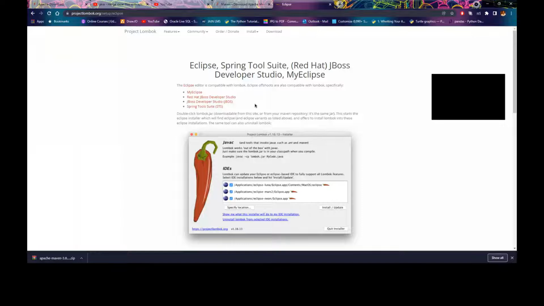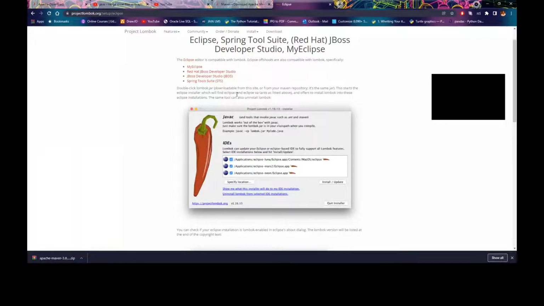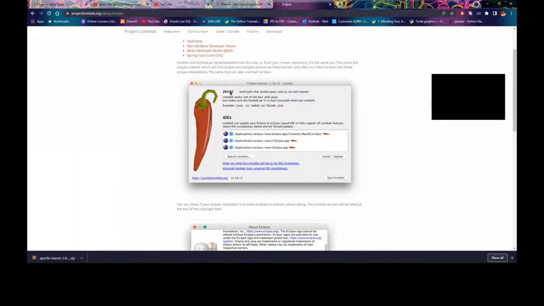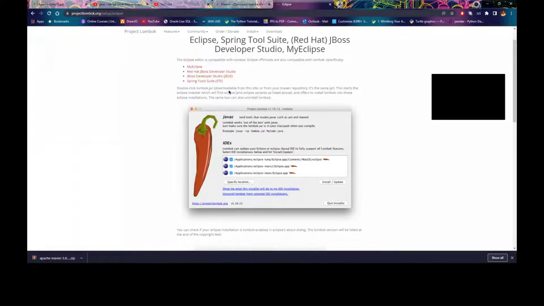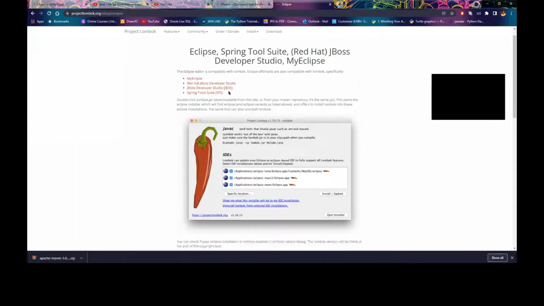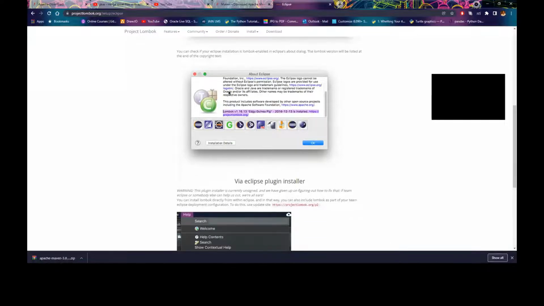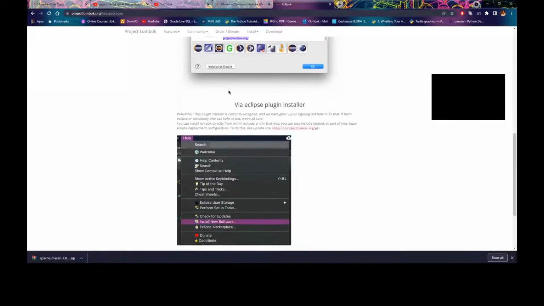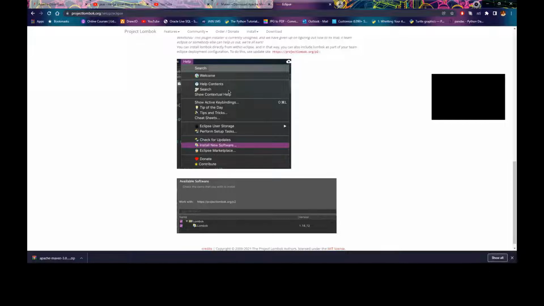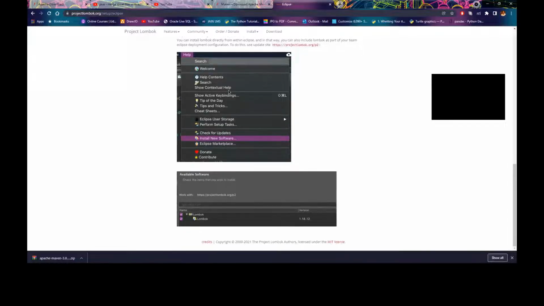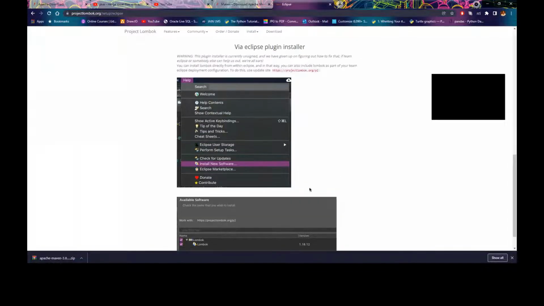So they are giving instructions on how to install the new software. Scroll down. Now you'll have to follow these steps and install the Lombok plugin. Go to Eclipse and click on Help.